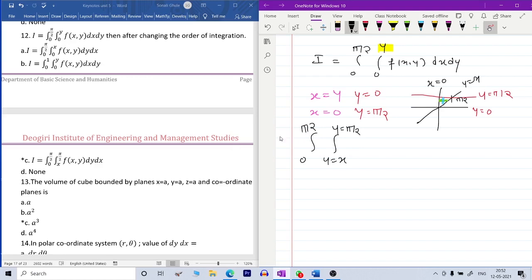तो यहाँ पर चेक करो कि आपका करेक्ट ऑप्शन क्या है फिर. सो एज यू कैन सी आउटर लिमिट 0 टू पाई बाय 2 होनी चाहिए. सो यहाँ पर भी है और यहाँ पर भी है, और इनर लिमिट x टू पाई बाय 2 होनी चाहिए. तो यहाँ पर तो 0 टू x टू पाई बाय 2. दिस इज अवर करेक्ट आंसर.